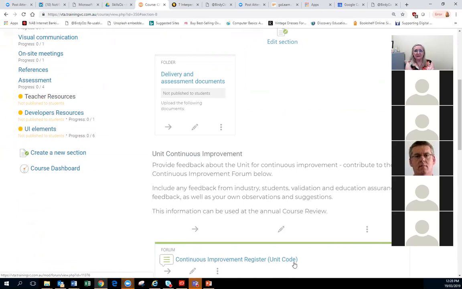If you've got access as the administrator of the Moodle, you have this register that the teachers can provide feedback in, but it'd be great if you could get that same feedback from the students who are actually working with it. But hopefully they'll pass that information to the teacher who can fill this out. Any other, anyone else doing anything different?